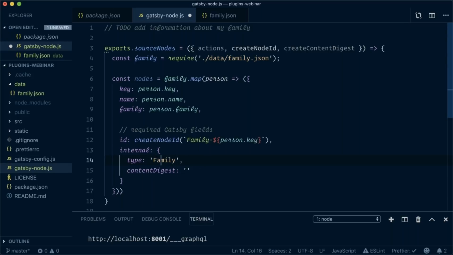And this is arbitrary. It just needs to be unique. So in your instance, you would call this whatever makes sense for your data, and just make sure that it's not the same as any other nodes in your data. For a content digest, what a content digest is, is a way for us to tell whether or not the node